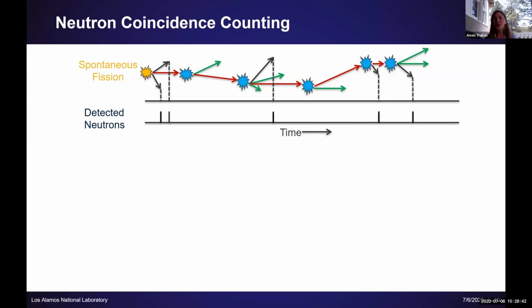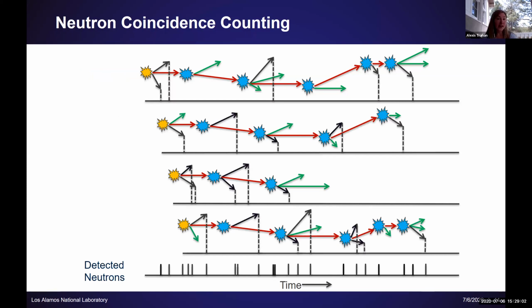But how do we know that neutrons that we detect in our system are correlated, from the same fission chain or same fission event, or uncorrelated, accidental coincidences? Because this is never what we actually see, right? We never see a single fission chain happening within some material. What we actually see is something like this times 1,000 or 100,000 or 1,000,000. There's all these overlapping fission chains that are all happening at the same time, emitting neutrons, and all these neutrons are being detected in time.